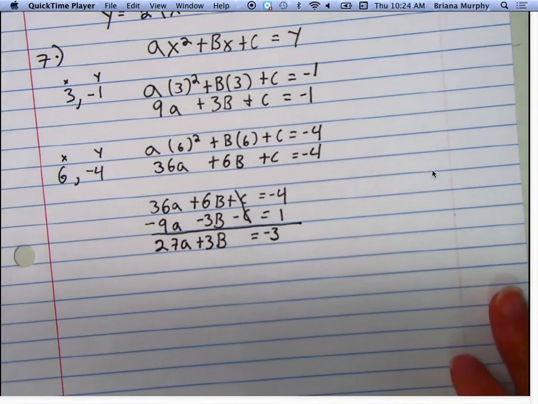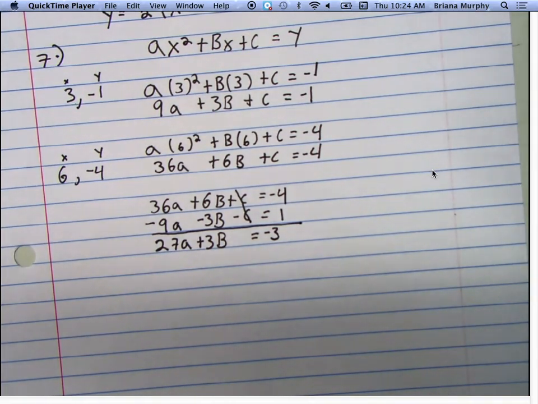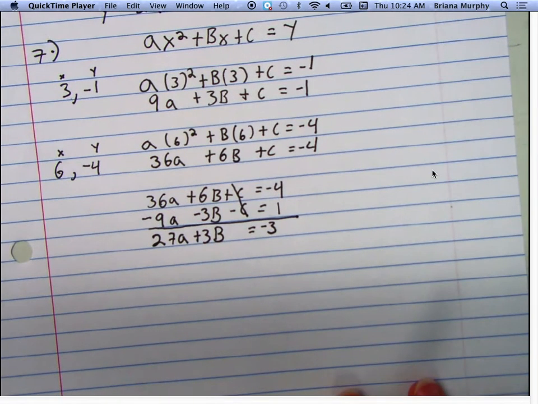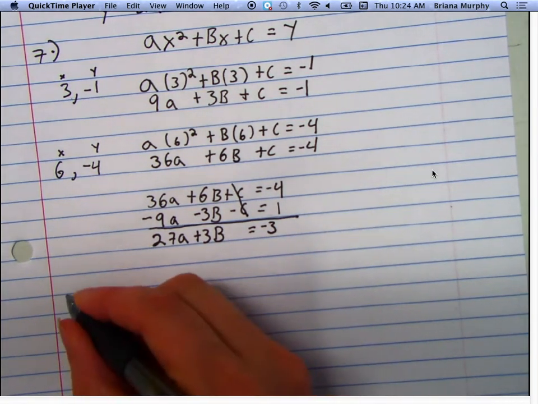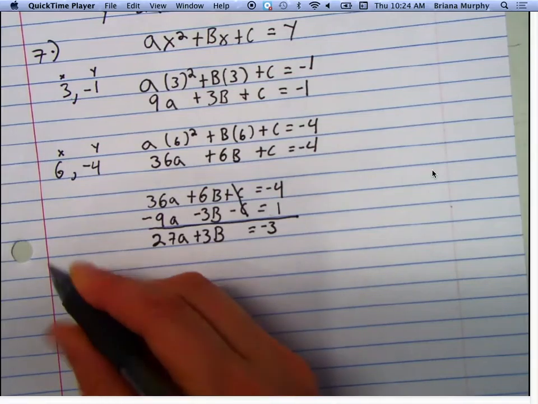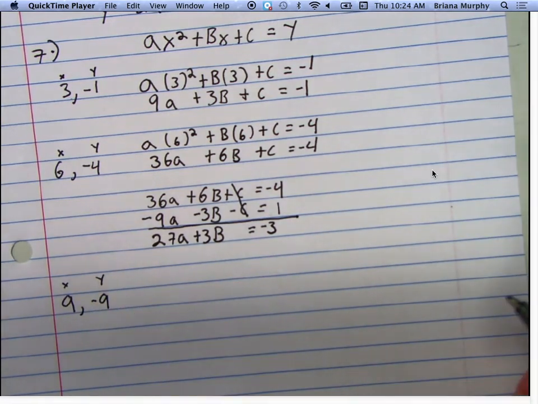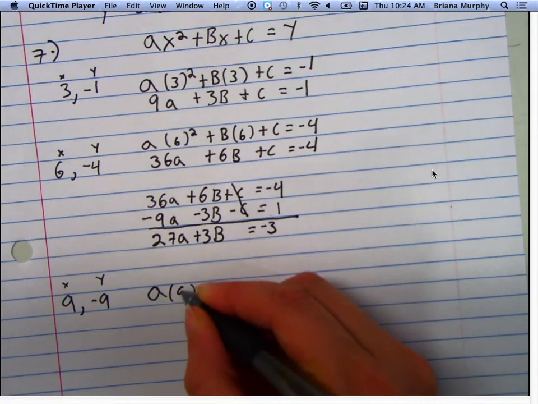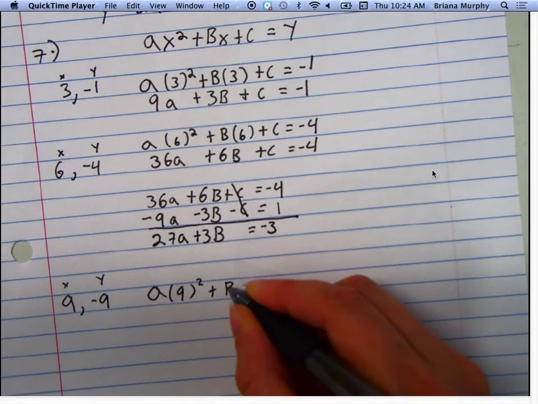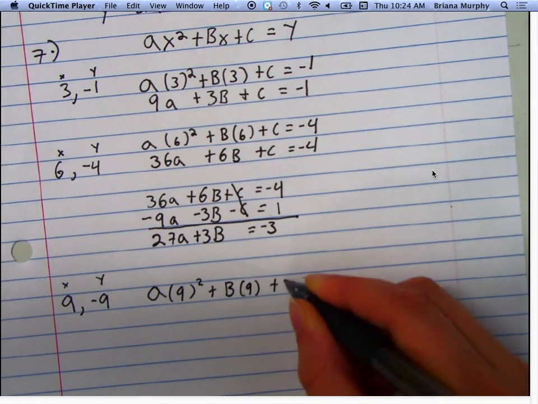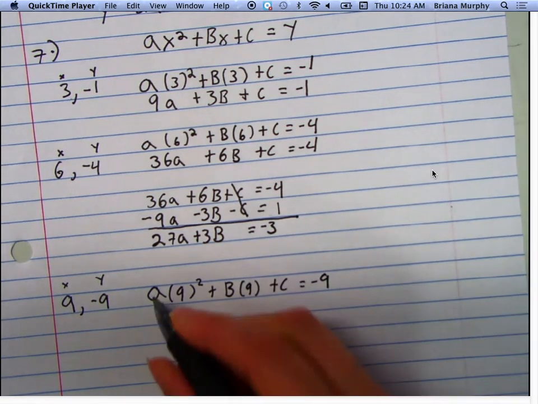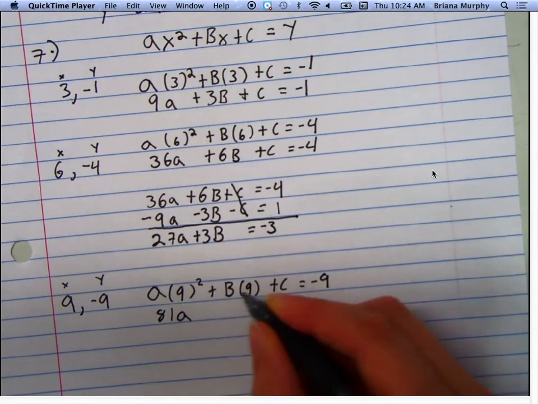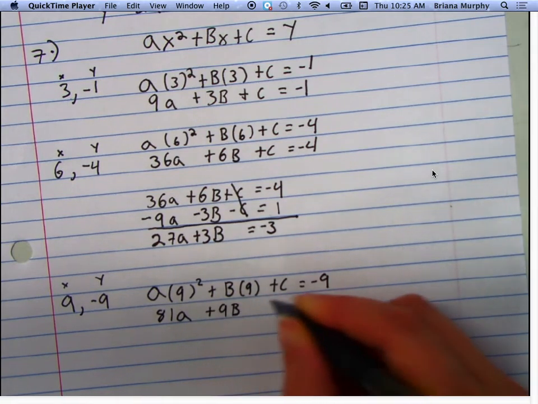I know. It'd be a lot easier if we had one of the letters, right? Which is why all the other problems on here are going to help you because you at least have one. For one problem, Abby, that's what I told you. Okay. So I'm going to plug in 9 and negative 9. Here's my x, here's my y. And I'm going to get a times 9 squared plus b times 9 plus c equals negative 9,